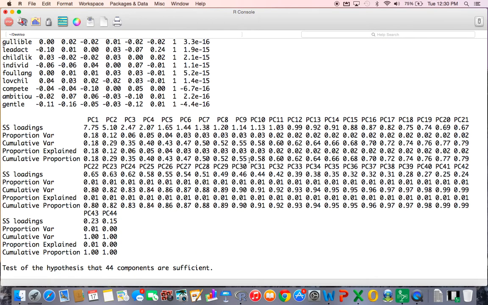But what is interesting to us to start looking at are the sum of squares loadings. Now, guys, remember, these things are our eigenvalues.